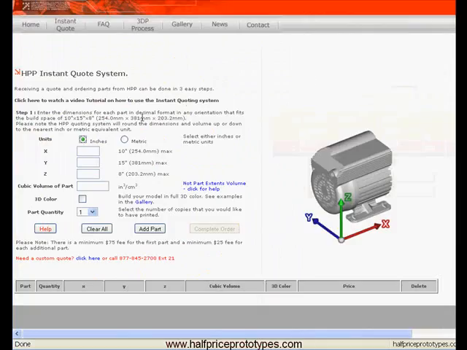So let's go back to HPP and enter that in. For 2.6 we're just going to round up to 3. Anything under 0.5 you would round down, anything above that you would round up. So in this example we'll round up to 3, and 3.2 will also be 3, and you